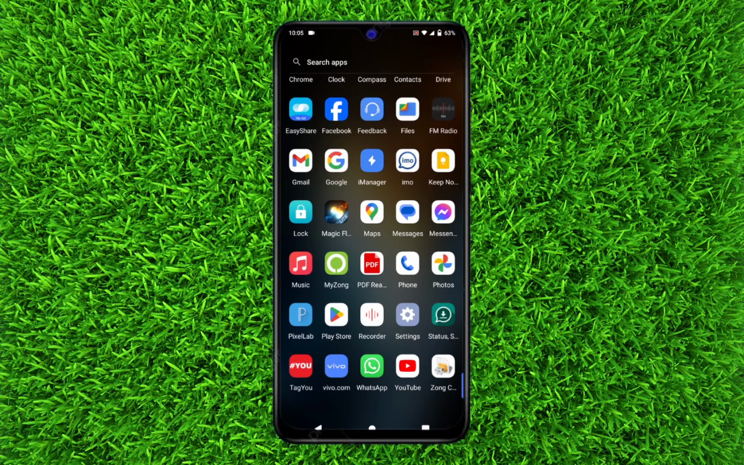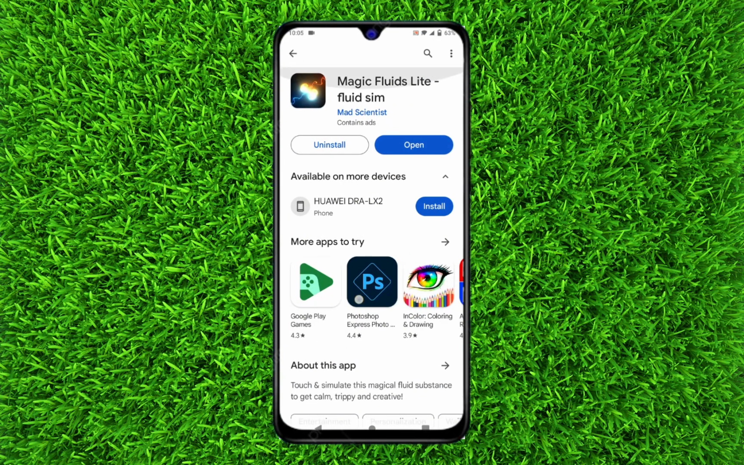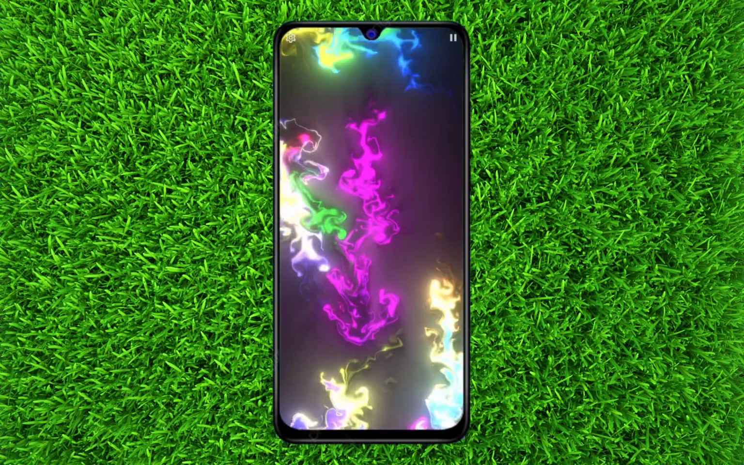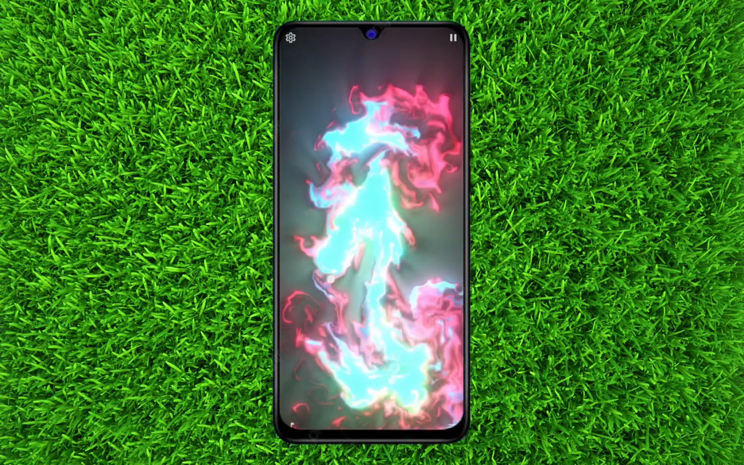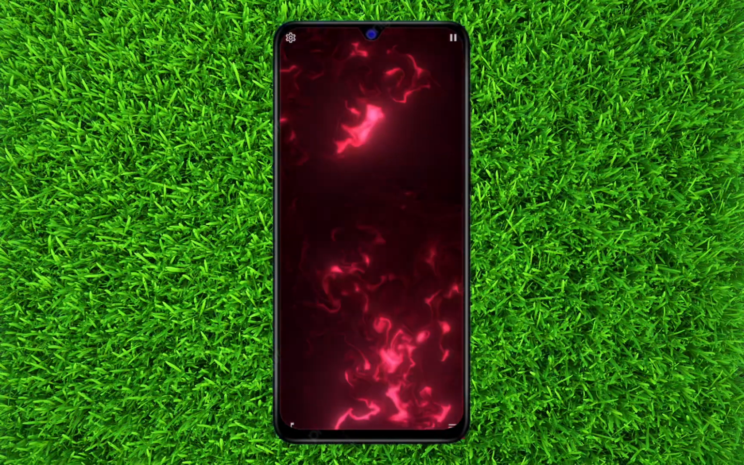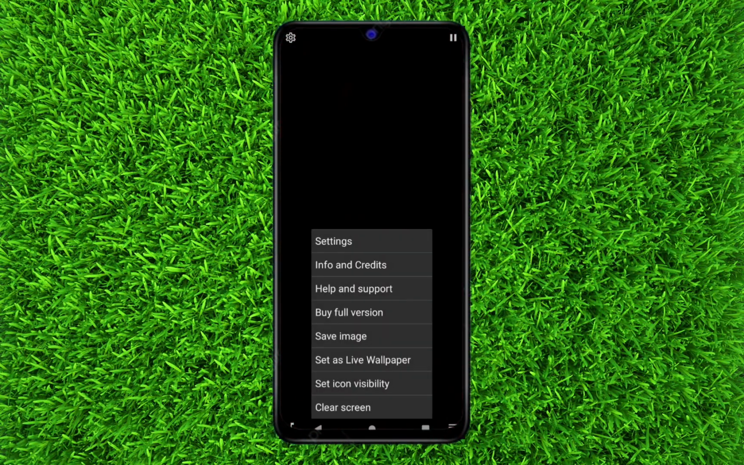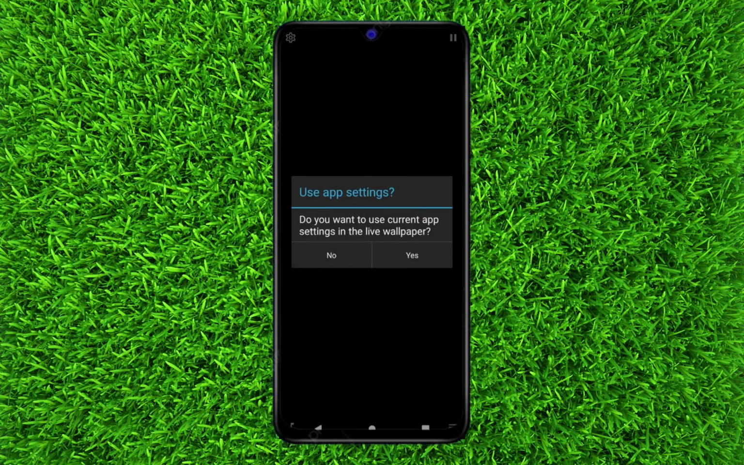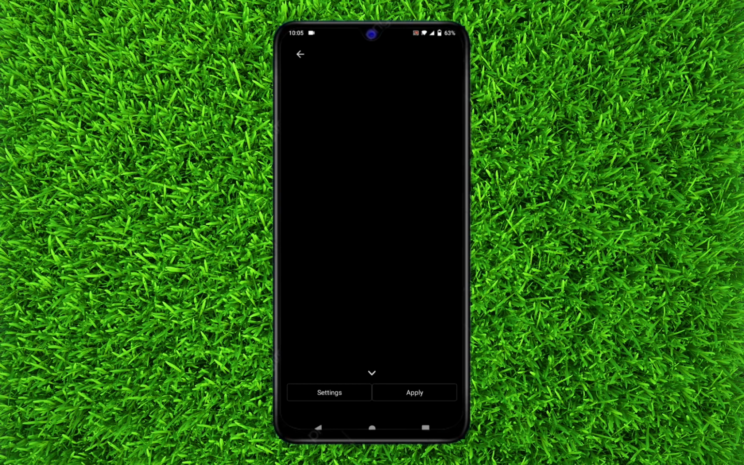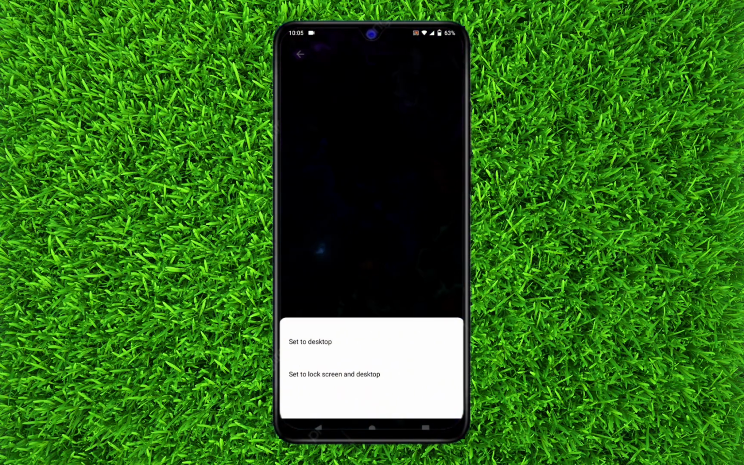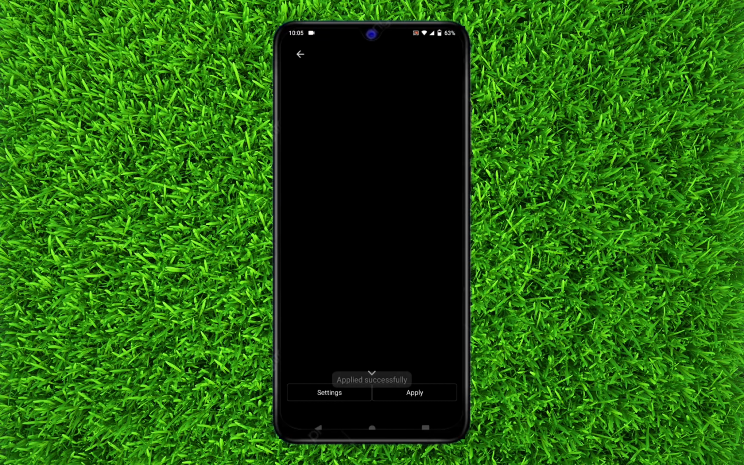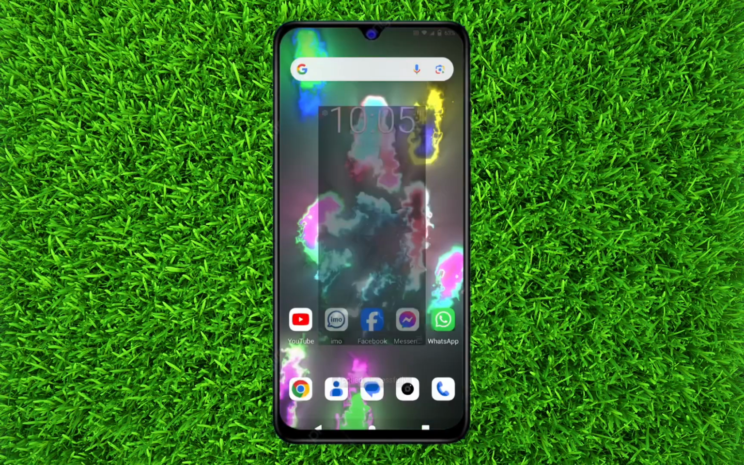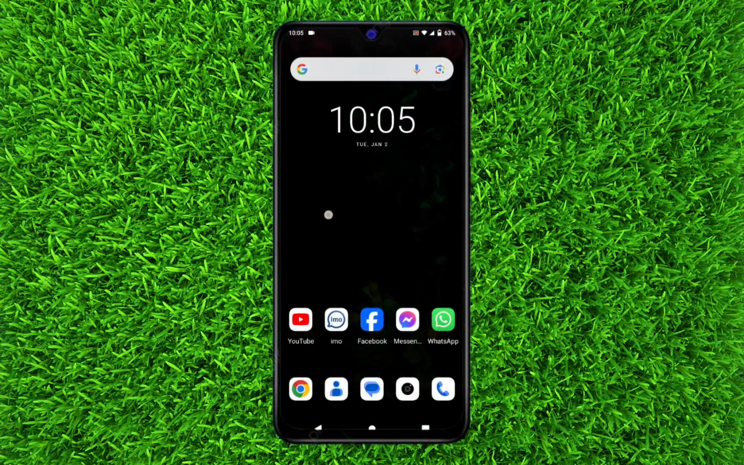You'll have to go to the Play Store, and you will have to download this application known as Magic Floors Light Float Sim. Once you have downloaded it, you can simply open it, and a page like this will appear in front of you, and you can tap on the three lines on the bottom right, and then click on set as live wallpaper and click on yes, and click on apply, and you can set it up for both lock screen and home screen. I will set it to the desktop and then go back,